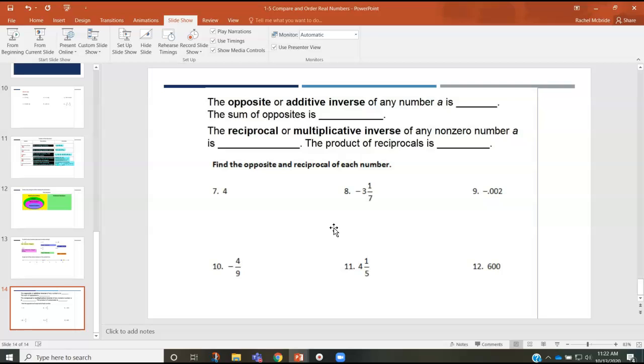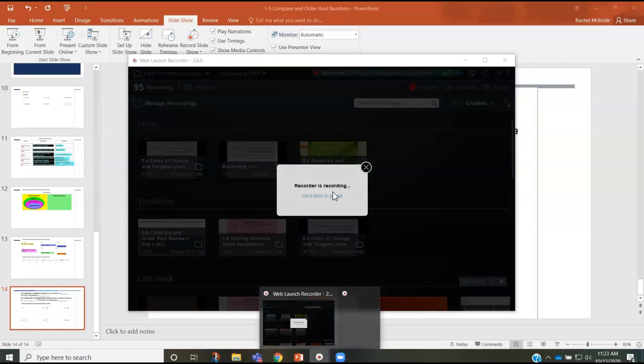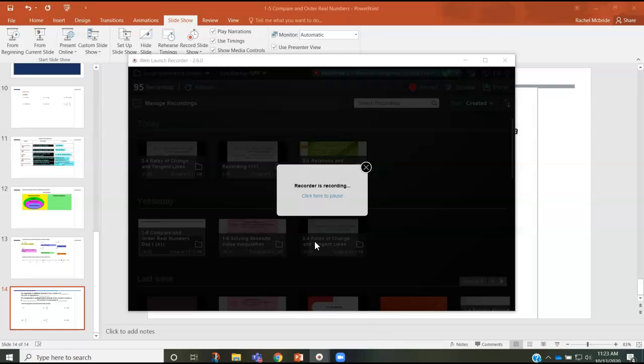So a big part is to graph numbers and to order them from least to greatest. So the easiest way to graph a number is to turn it into a decimal. So that's what a large part of yesterday's lesson was, turning values into a decimal. So let's